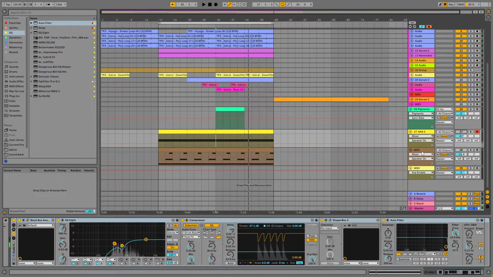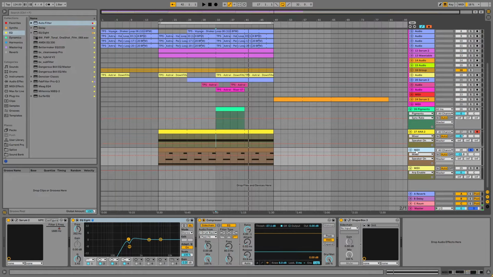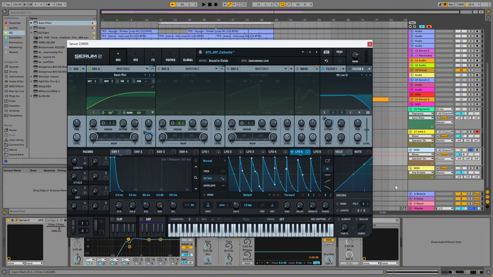That's one method. And then if you move over to Serum, I'll show you what's going on here. Again, just some sidechain and a bit of EQ. And if I just play that,